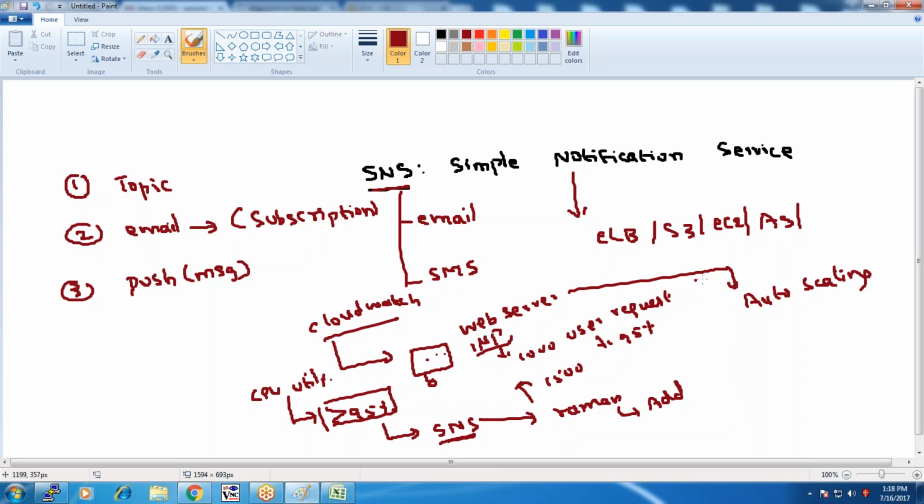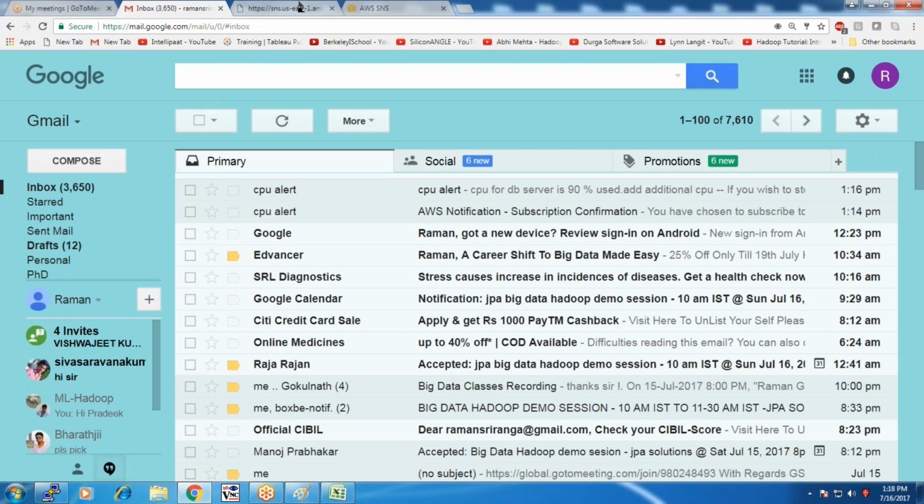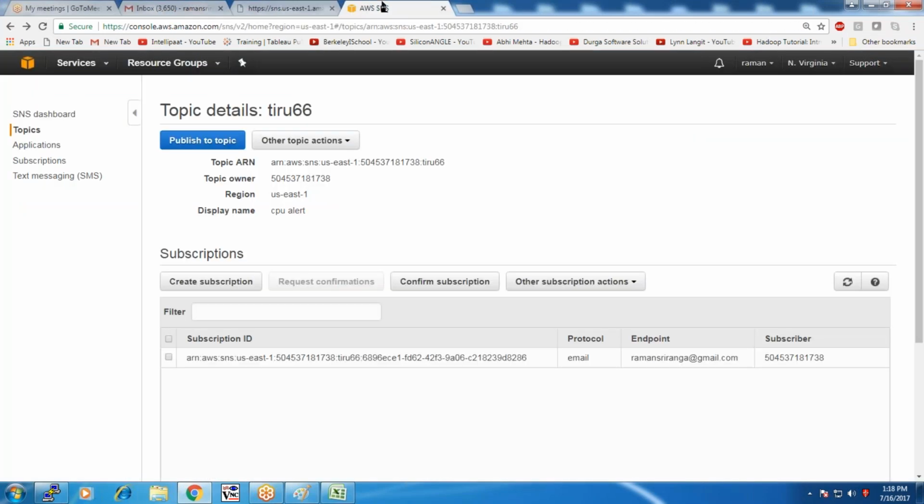These are all the ways by which, using your notification service, you can intimate the corresponding administrator regarding what action and what activity is taking place in your Amazon. Either you can send a mail notification or you can send an SMS notification. Now we can make a check. You just give